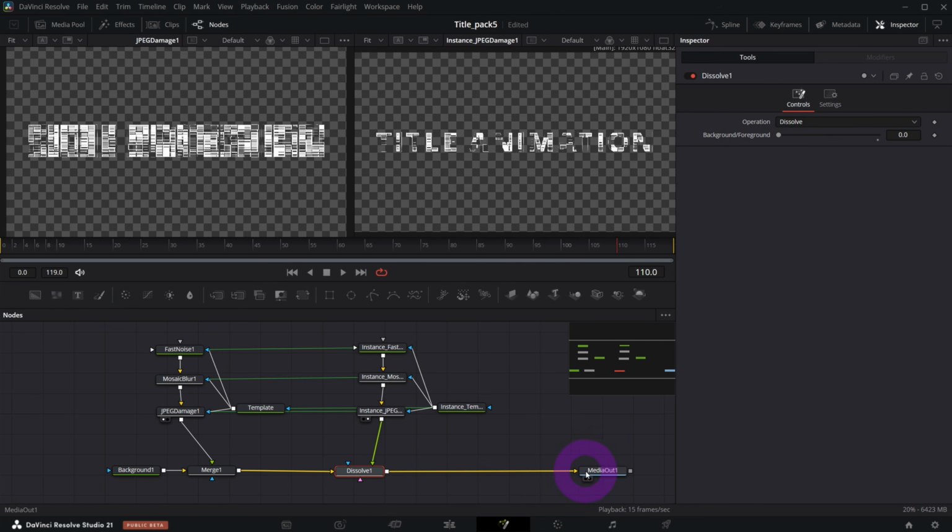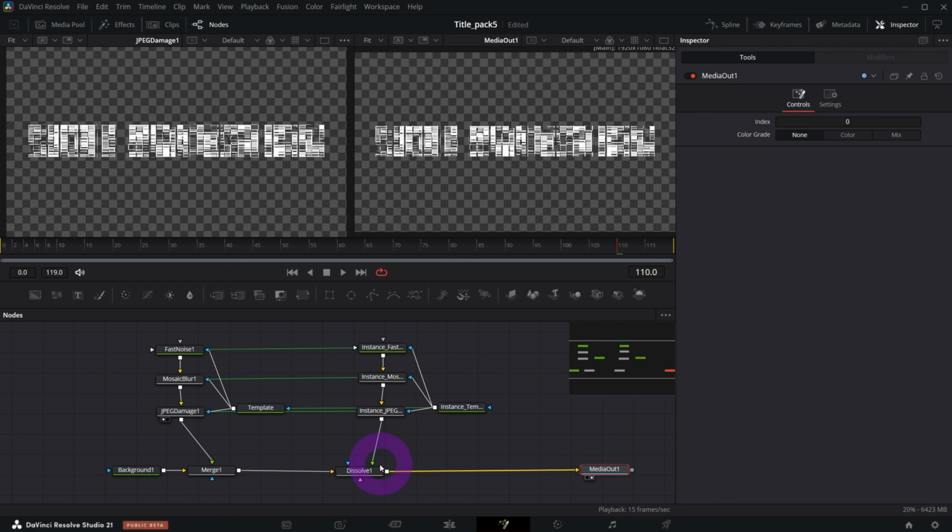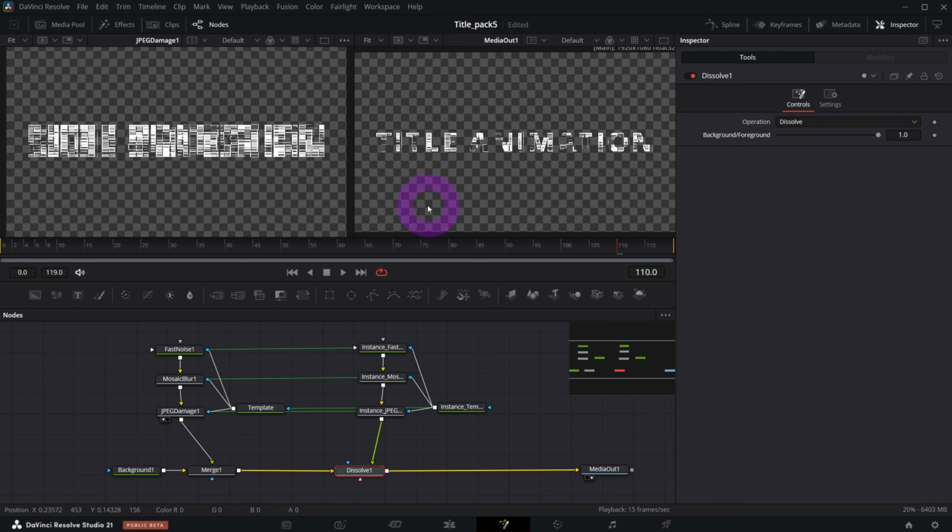So if I preview my media out and I play with this slider, see what's happened. It starts from this effect from the left and it transitions into the effect from the right. But I will choose operation as erode, so it looks like so. It's more